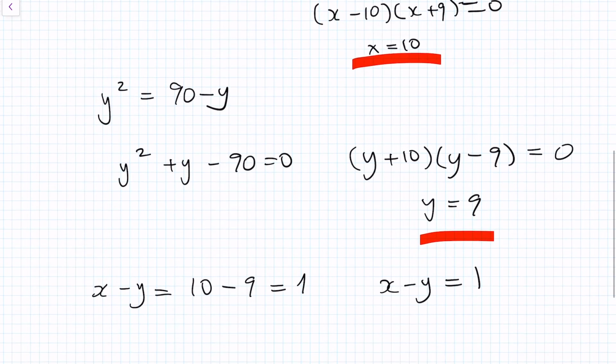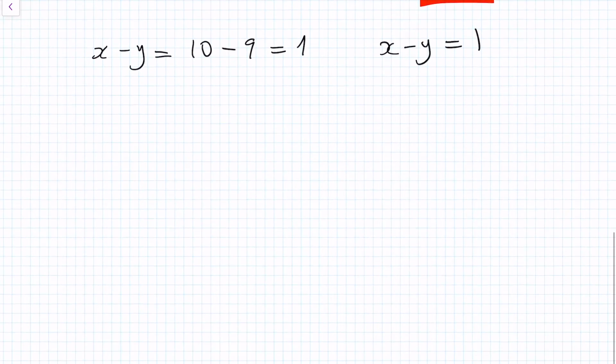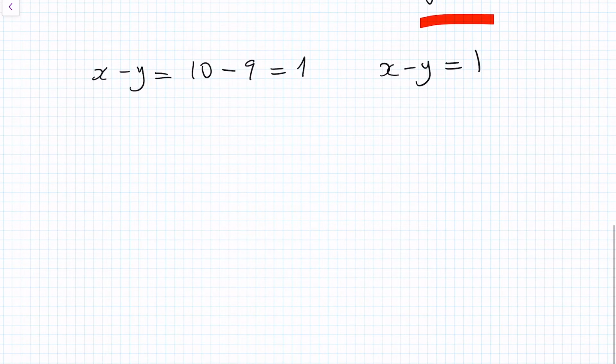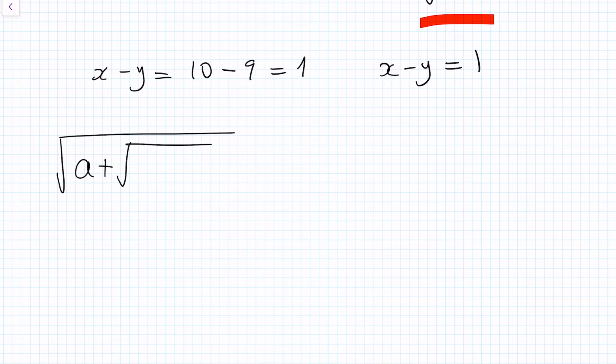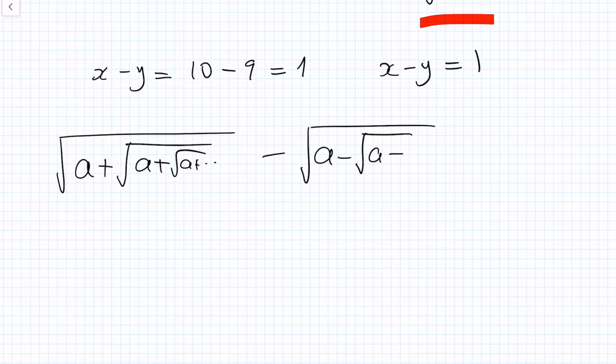Right. Okay, so what is more interesting is, what if we did this operation for a general number a, so for an arbitrary number a. In other words, what if we're interested in this? So a plus root of a plus continues indefinitely. We want to subtract from it a minus square root of a minus square root of a minus and so on. What is that equal to? Well,